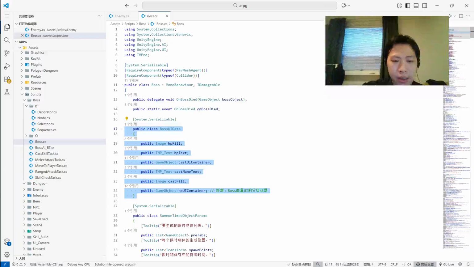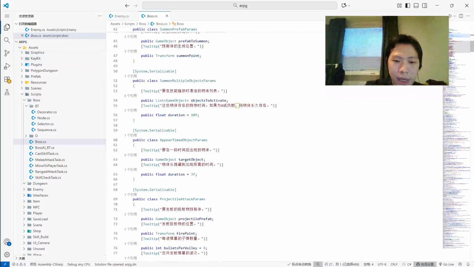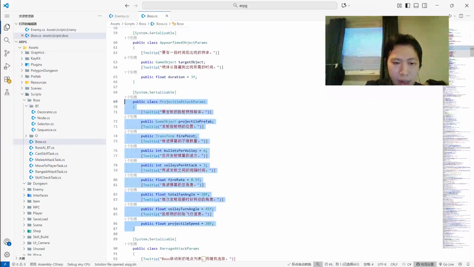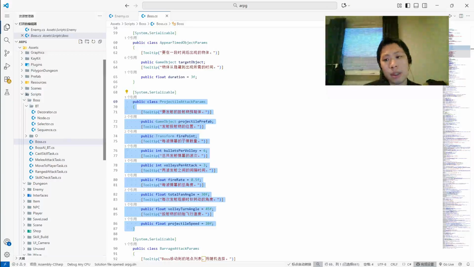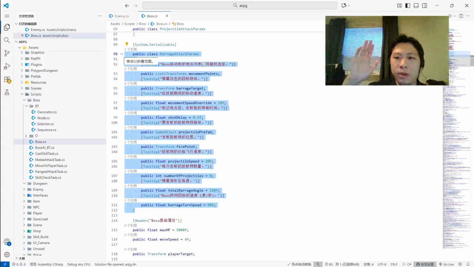This is about the UI we want to show on the screen, just like the field of the boss HP, the amount of the HP, and the percentage. These are something we want to define about the special skill, just like summoning enemies in the game, and also showing shots from the boss position to the player position. We define the number of the blue lights, how many times the boss will shoot, and how fast the boss will shoot. And this defines the function about moving the boss from the original place to the target place. We define the speed and